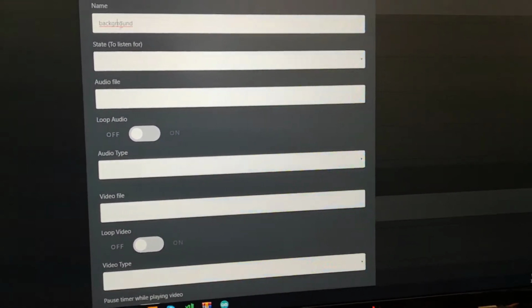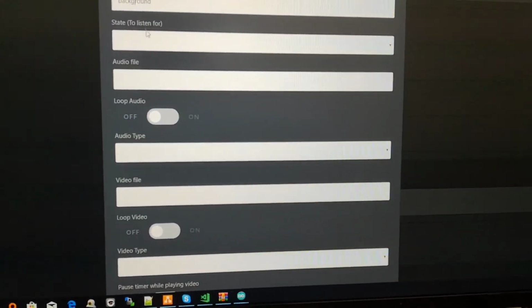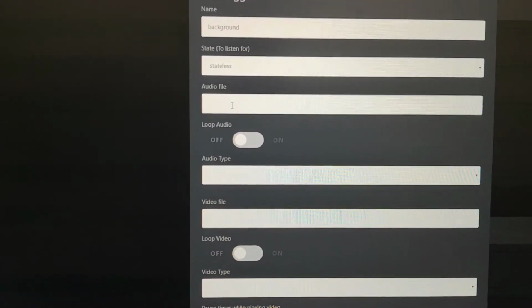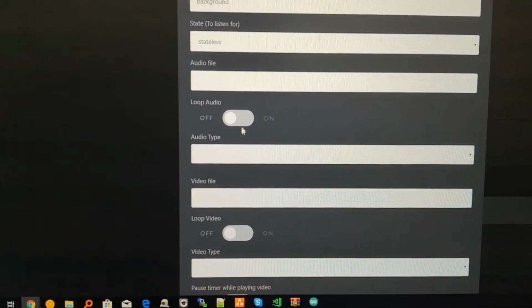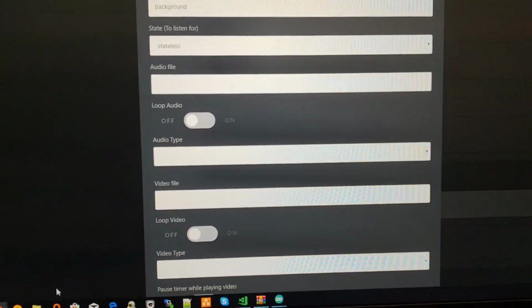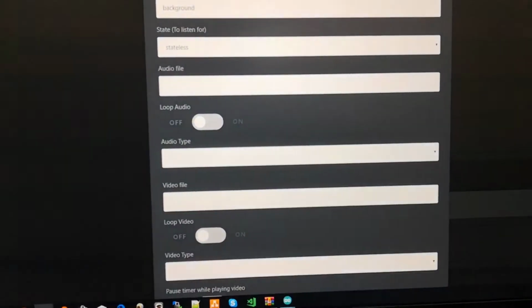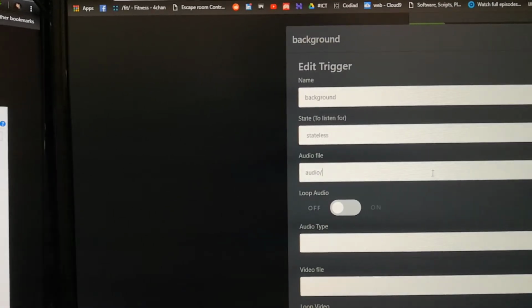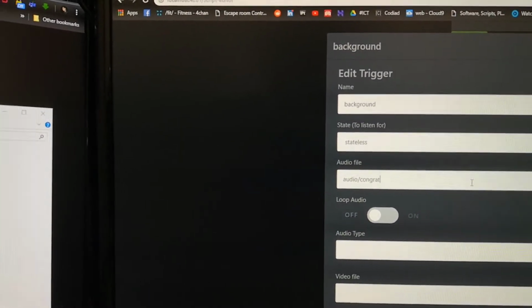Background, yep. And we can set it to listen for a particular state, for example, like stateless. We can make it play an audio file, but I can't remember the audio files actually. Do I have them? There we go, congrats. There's one called congrats. So at the moment, audio / congrats